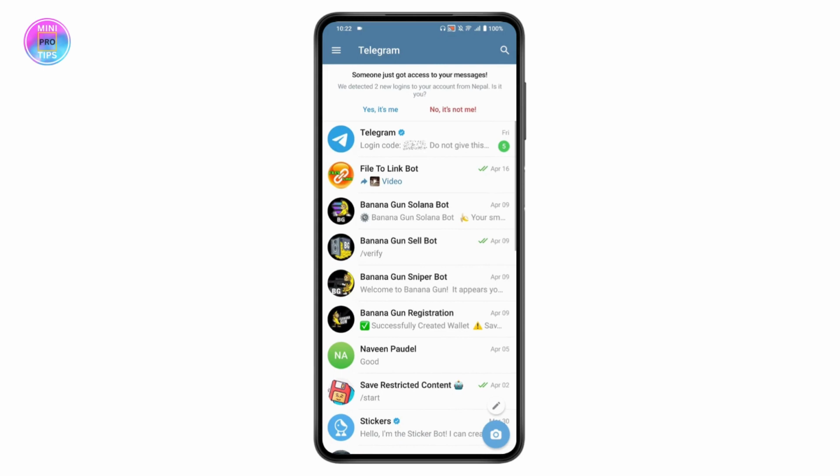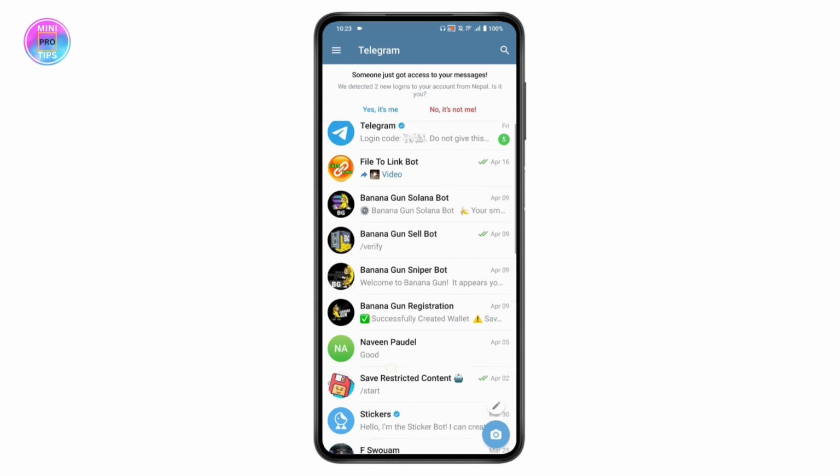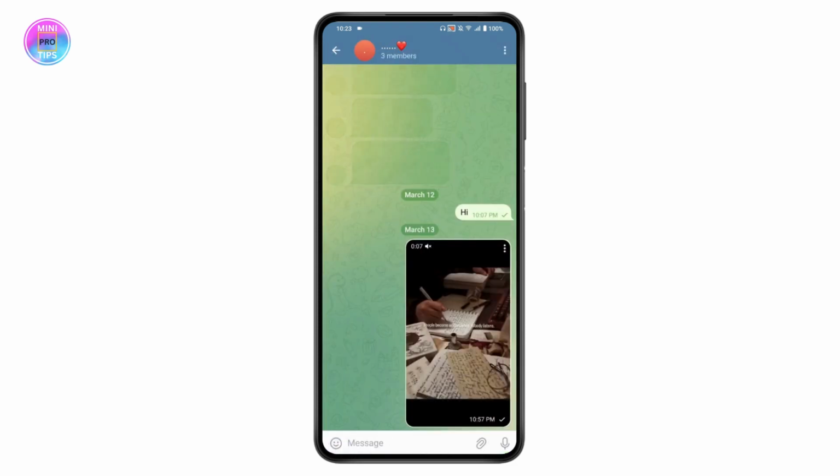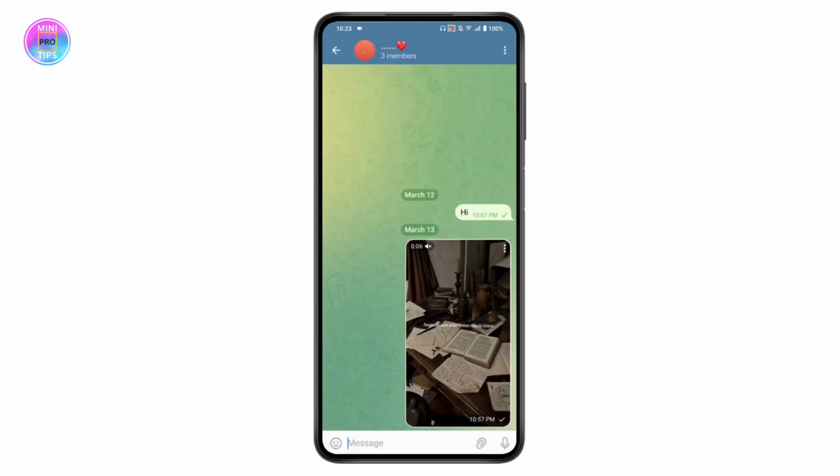And now if you go to a group or something, or if you have received any link, and if you tap on that link, if it says expired, then to make that lasting, what you need to do is you need to simply go for any one of your groups. So for example, I'll be choosing this group,